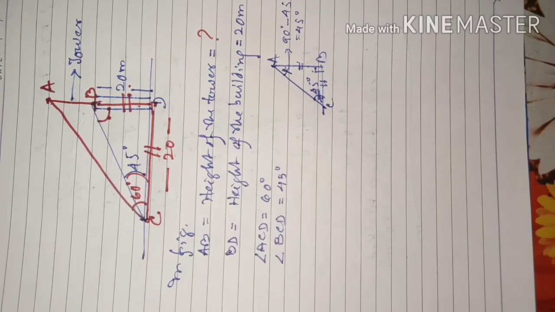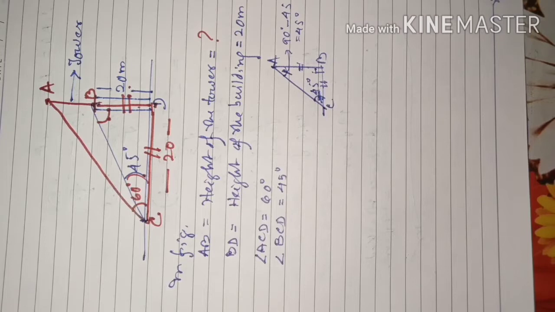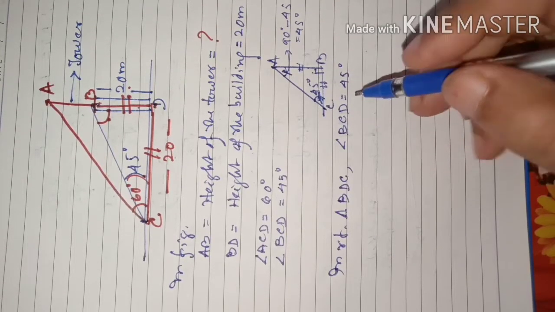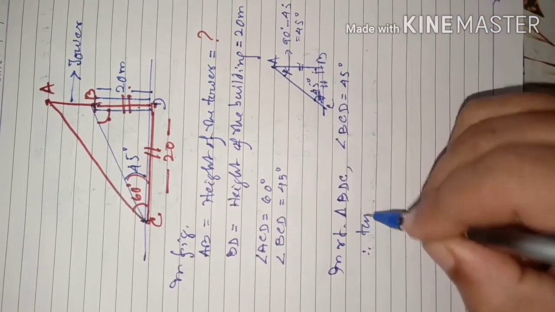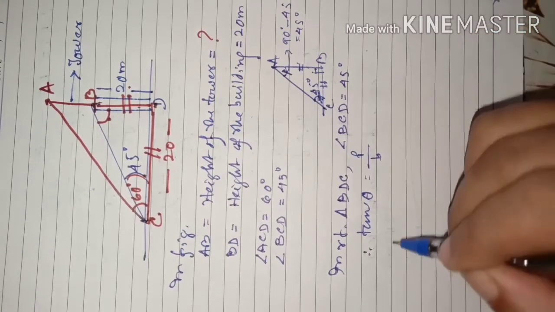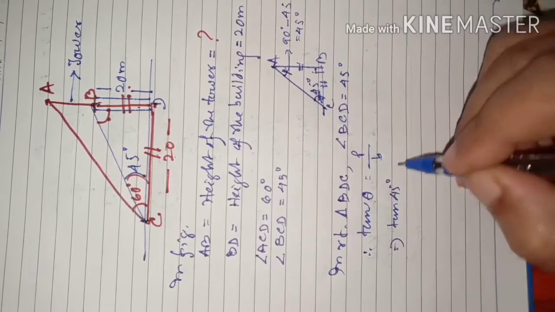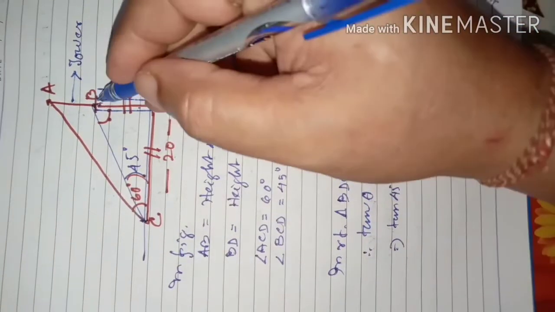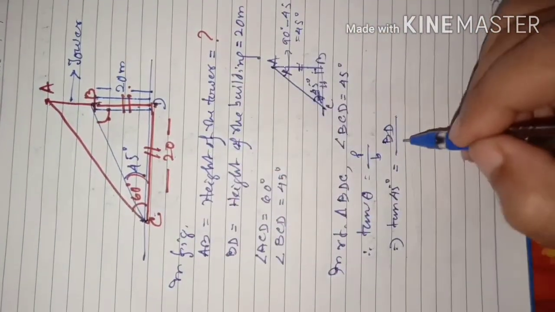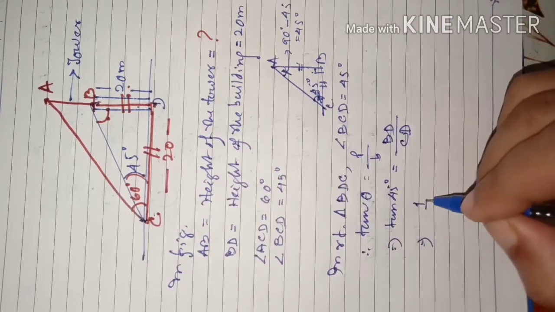Okay, students? So that is what we will say here, but for the first time we will write it out. Since it is in right triangle BDC, angle BCD is 45 degree. Therefore, tan theta is equal to perpendicular by base. So tan 45 degree, because theta is 45, perpendicular is BD by base CD. So tan 45, its table value is 1, all of you know.